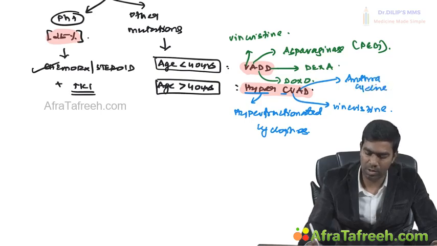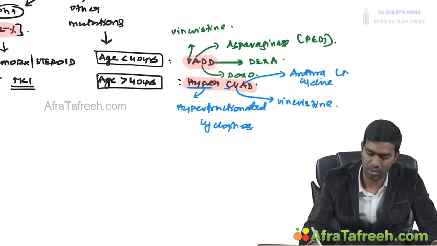Anthracycline, typically I am going to use doxorubicin as usual, and D stands for dexamethasone, which means I am avoiding asparaginase in older patients, that's all, nothing else. Asparaginase is usually used in younger patients and children, but in the hyper-CVAD regimen I am not using asparaginase. This regimen will not include it.